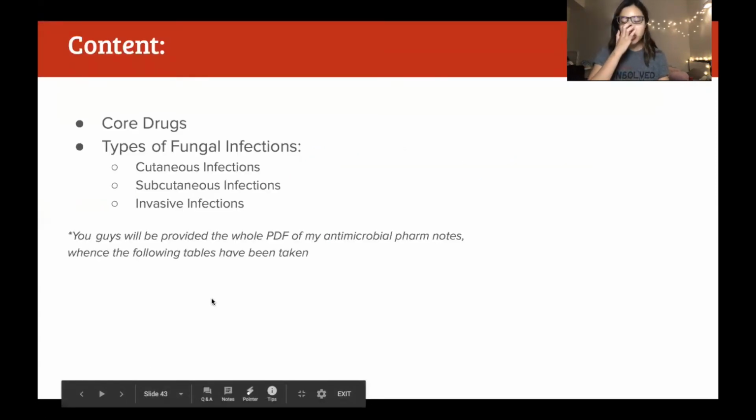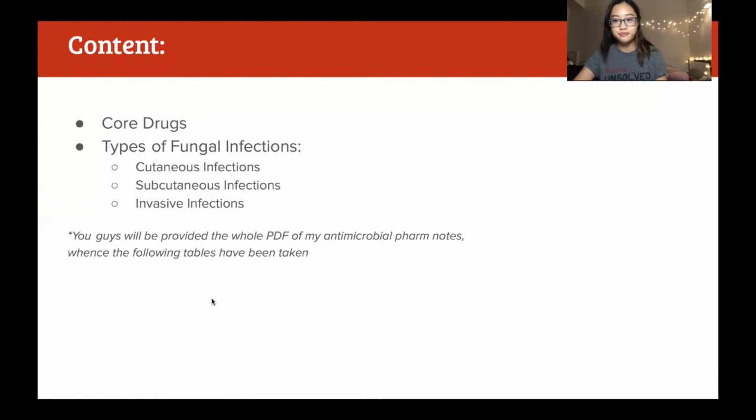So, core drugs for fungal infections. There are only 3 drugs, and they are kind of interchangeable. So I'm not going to spend too much time on what drugs you need to know, but a special treat for you is that when I was at your level, I made summary charts for all of the drugs and all of the different infections,